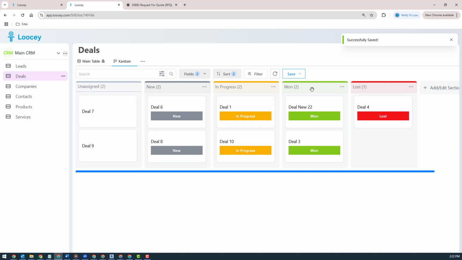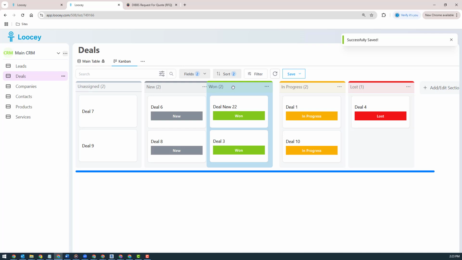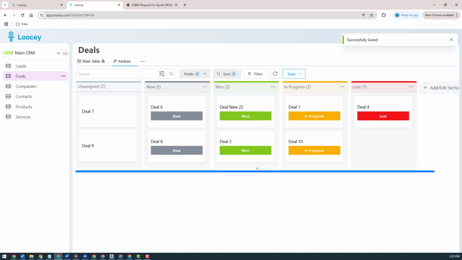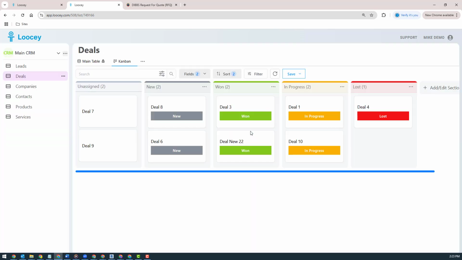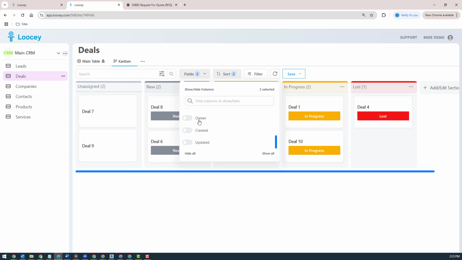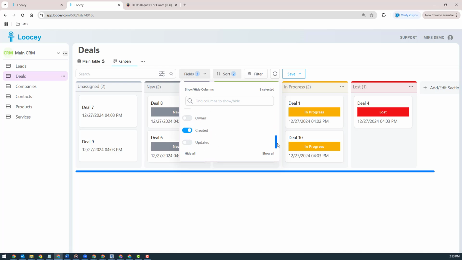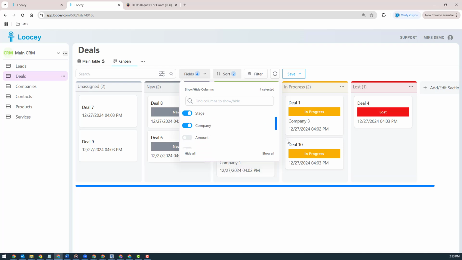You can also drag and drop the order of the columns. It's gonna save as well, so once you refresh, it should keep the order as you have saved. And of course, one last thing, the fields here: you can add more fields to each card, right? So let's say you want to add the company,